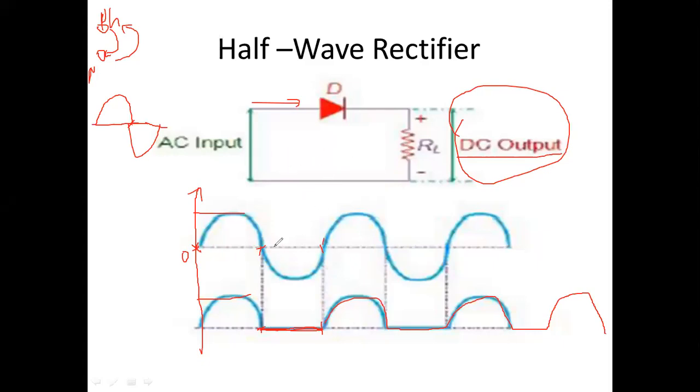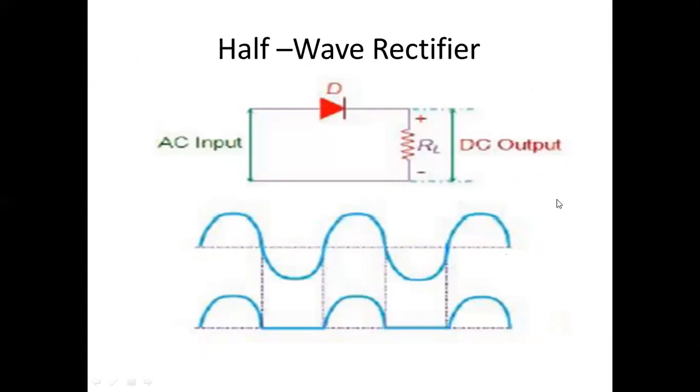Do you now know why it is called half wave? Only for one wave, meaning positive half cycle and negative half cycle together, it becomes one wave or one cycle. But here, only for the positive half cycle it is conducting. For the negative half cycle there is no conduction, the output will be 0. Only half cycle conduction is happening here. For that reason, we call it a half wave rectifier. Is it clear?